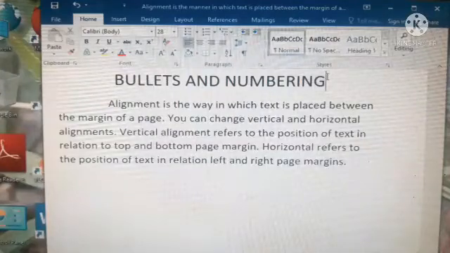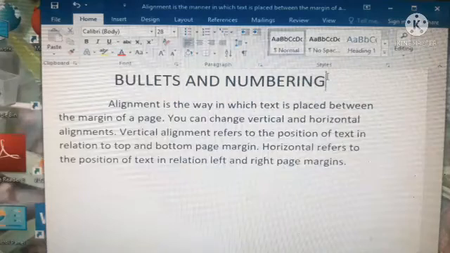A list with bullets is an unordered list. So if you want to arrange a list in an unordered way, we can use the bullets option. It will not arrange in a proper order, it will be arranged in an unordered way. That's why we are using the bullets option.